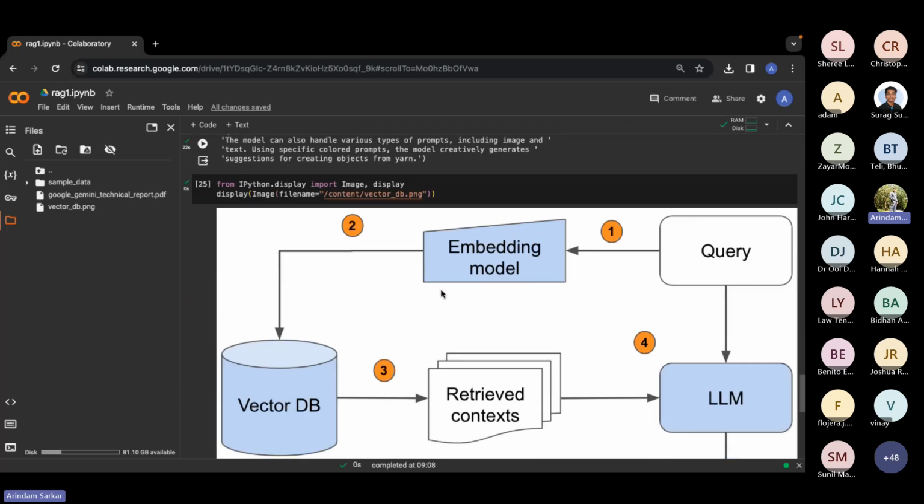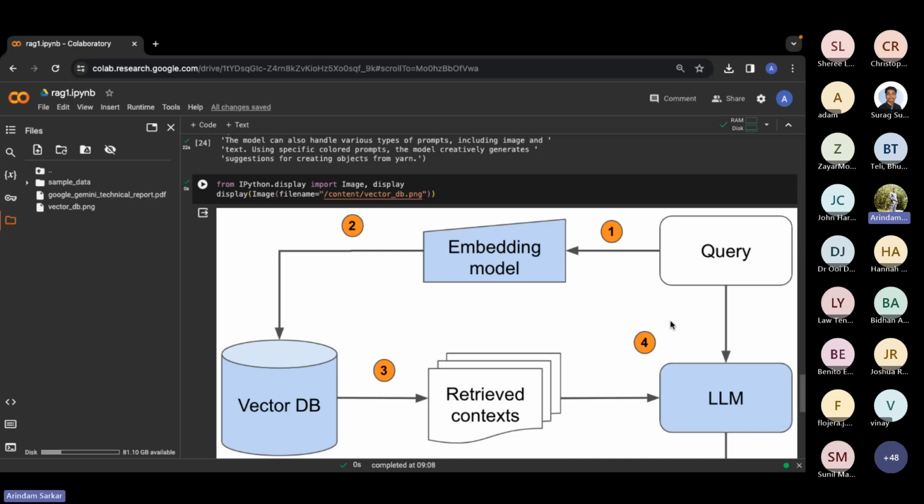And this will be the general setup, right? You will have a query, you will have your vector db where you have stored your own data, and then you will have your embedding model which will help you navigate that space and give you the retrieved context data. So you can think of the embedding model as a friend, right?